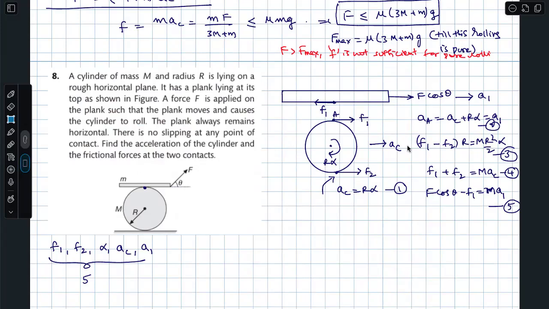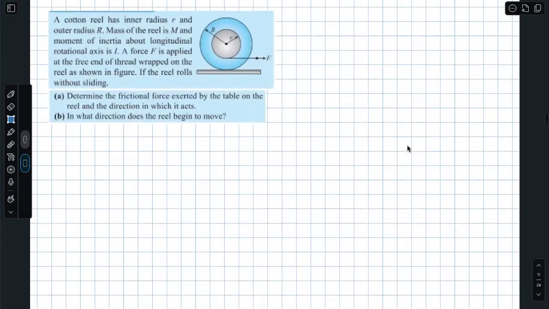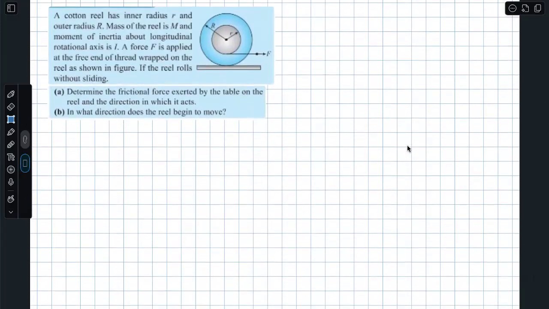Next: A cotton reel has inner radius small r and outer radius capital R. Mass of the reel is capital M. Moment of inertia about the longitudinal axis is I, about this axis. The axis is towards you, perpendicular to the plane of the figure. A force F is applied at the free end of the thread wrapping on the reel as shown in the figure. If the reel rolls without slipping,